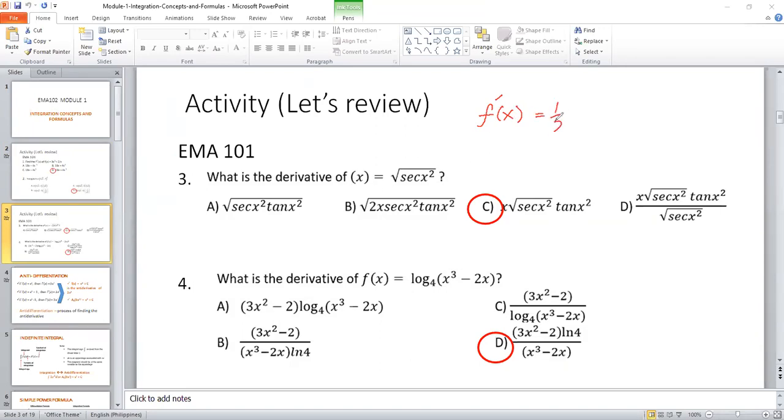We'll have 1/2 for this square root times the secant of x squared, raised to negative 1/2. And the derivative of the secant is secant x squared tangent of x squared, and then the derivative of x squared, which is 2x. Now these 2 and these 2 will cancel each other, leaving you with